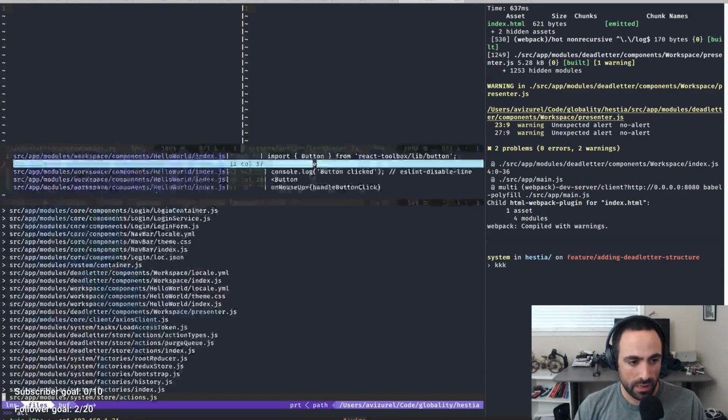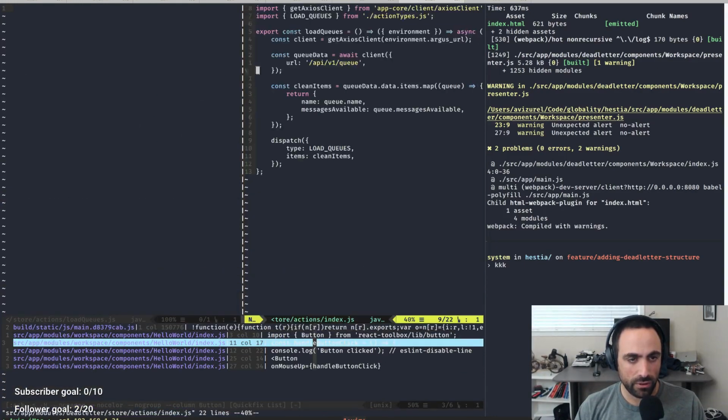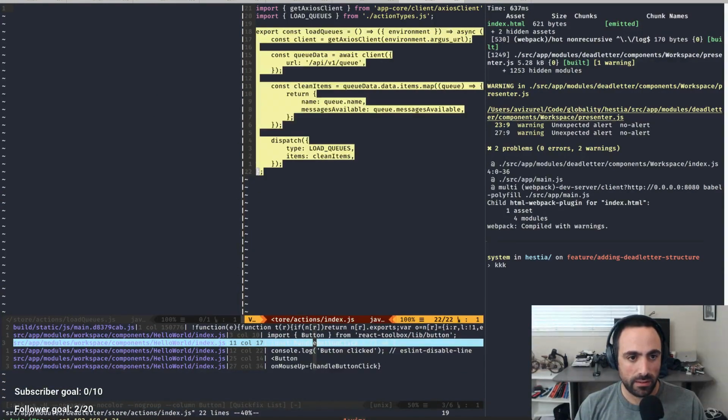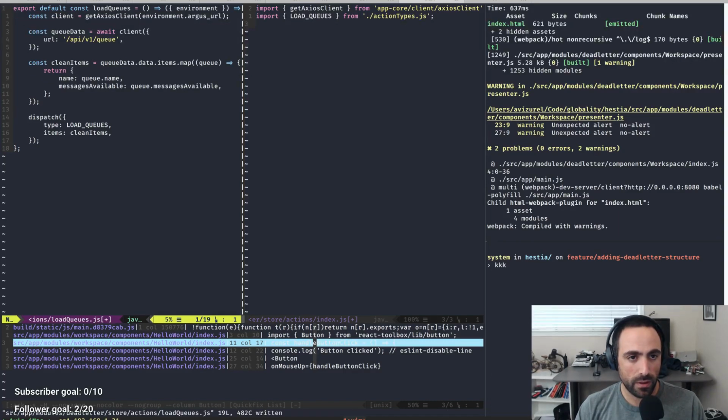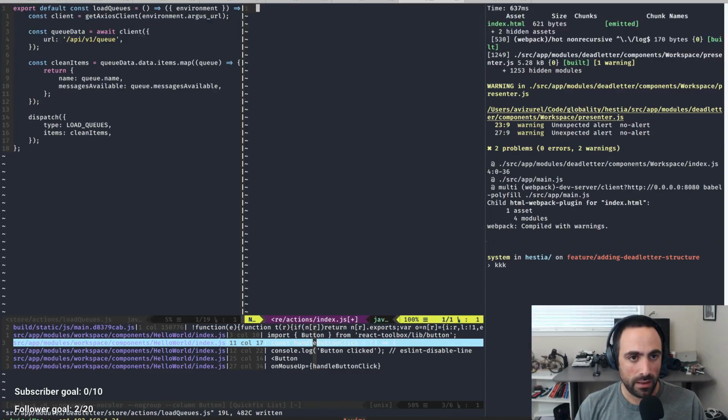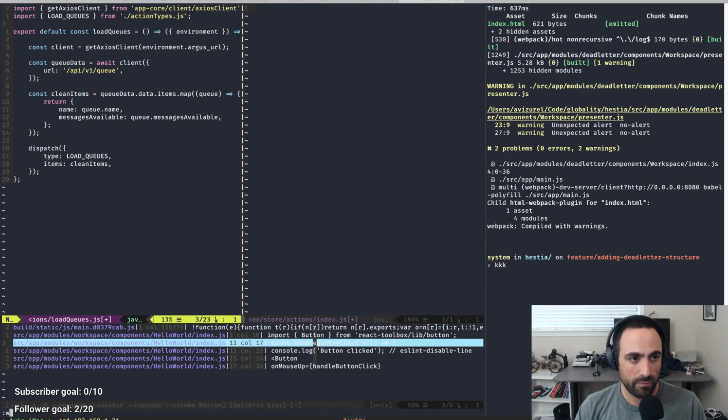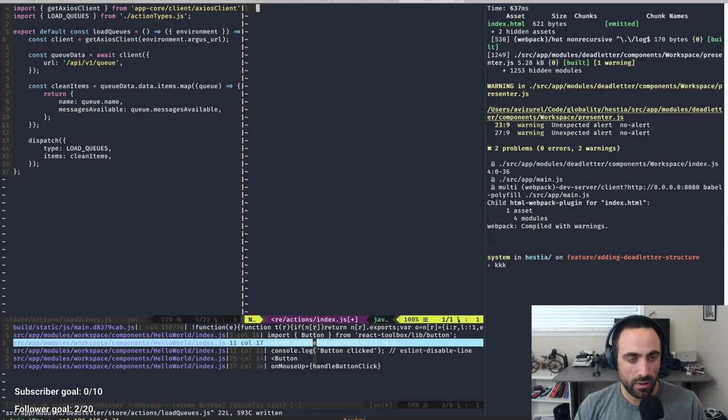So then actions index.js, and we'll have that in here. Export default const loadQueues. And then here we'll have this. Import loadQueues from